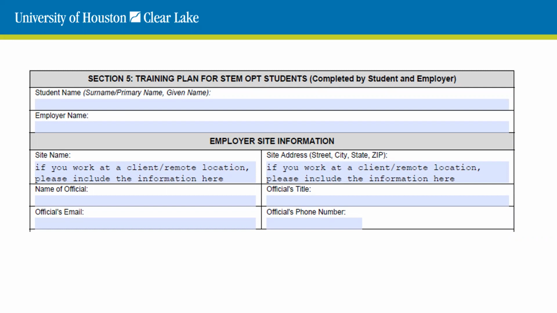If you are working remote from home temporarily due to the pandemic, you do not need to enter your home address in Section 5. However, if you are a permanent remote work from home, then your address where you work should be listed in Section 5. If you work a hybrid schedule, you could enter both addresses and make a note of this schedule within your training plan.